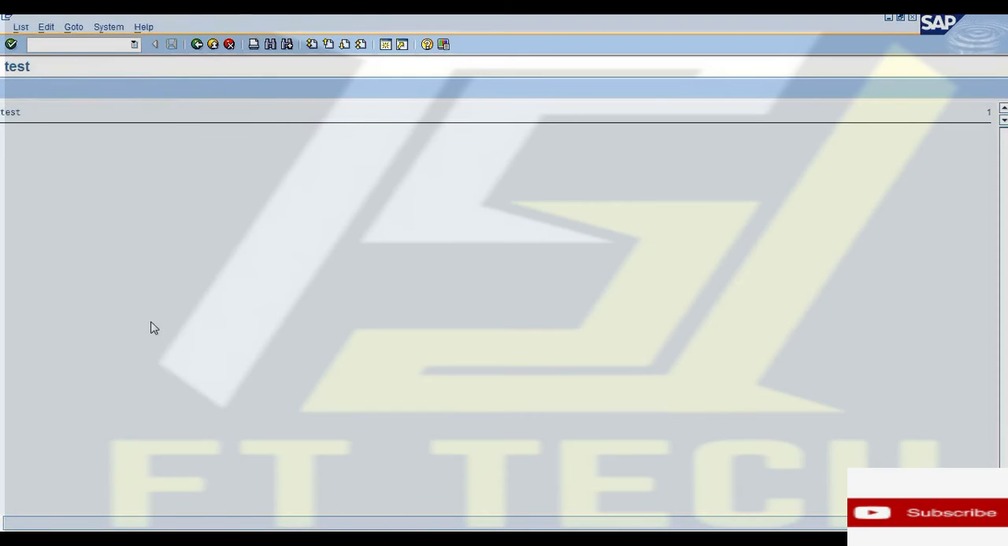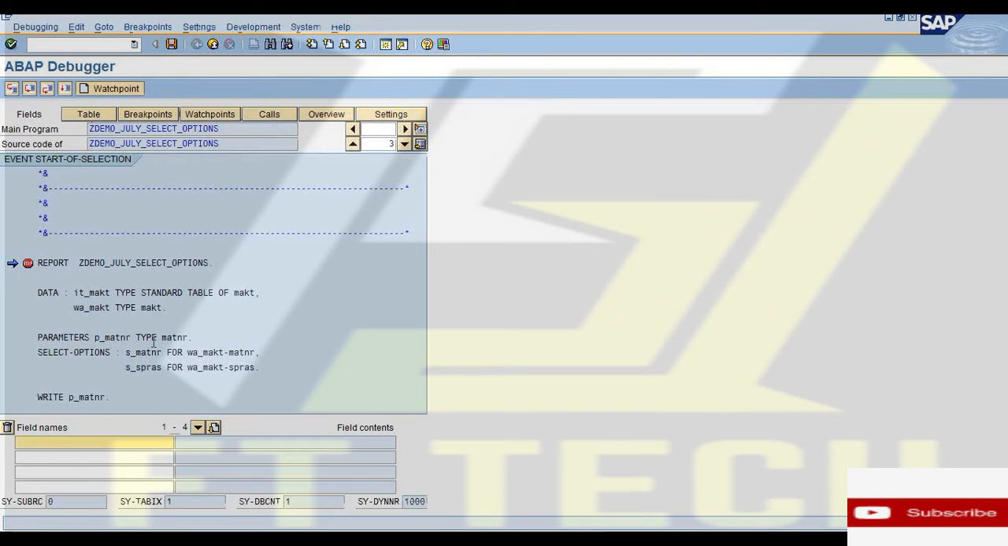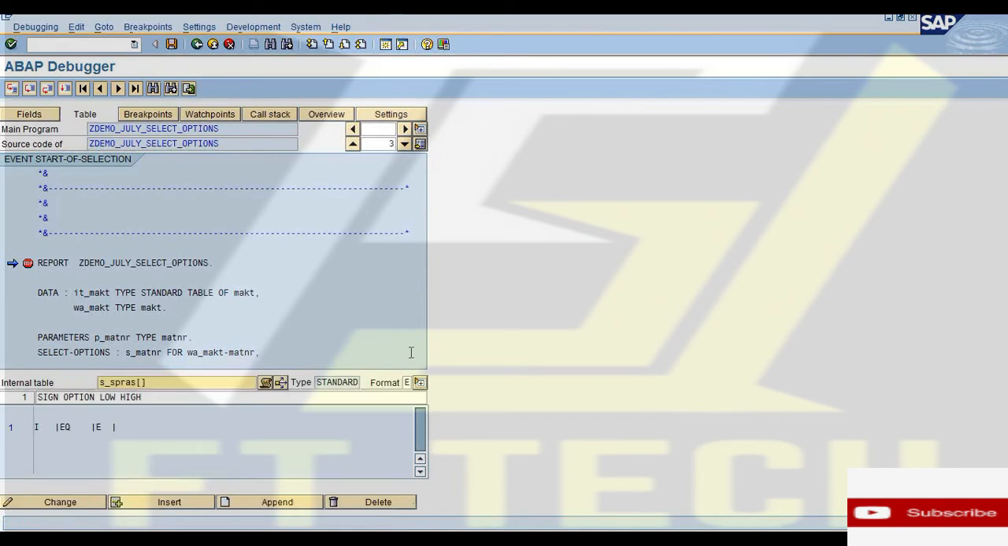Let me input something. So here the length of low and high fields is character 2. So based on the data object reference you give while defining your select option, the system picks up the length of this low and high fields from that data object. Okay. Otherwise the structure is fixed. It has 4 fields always: sign, option, low, high. So